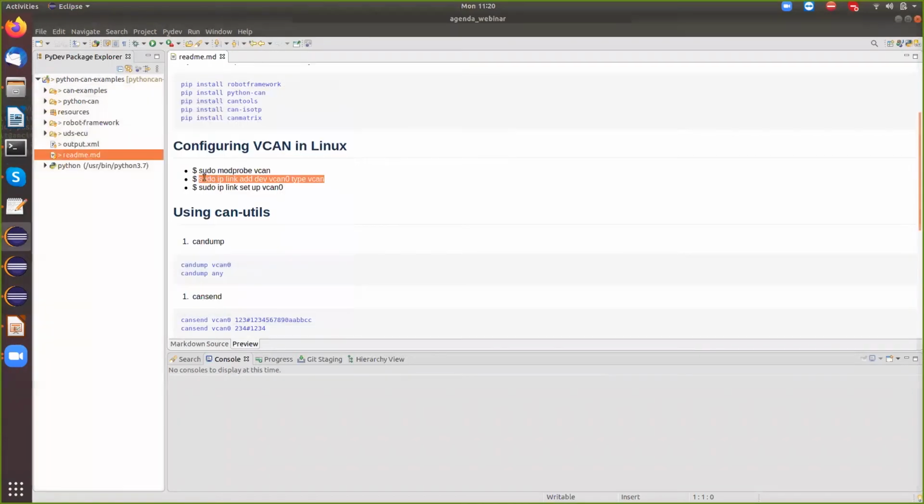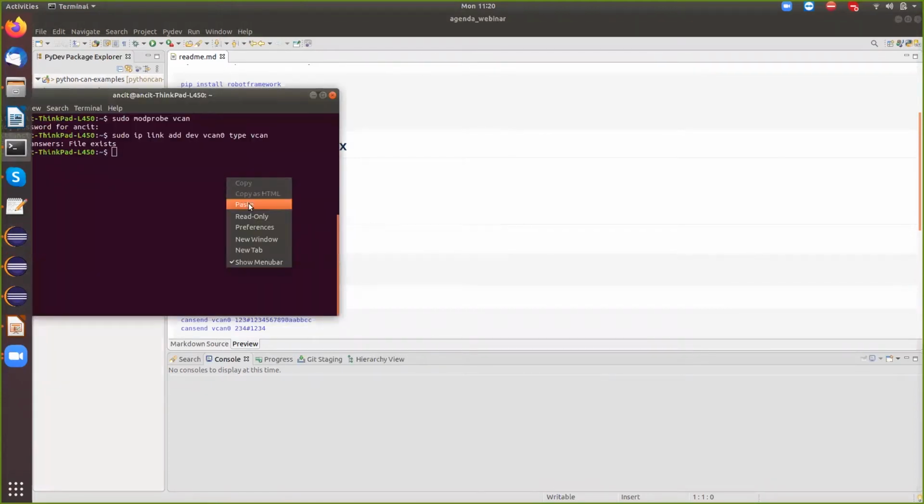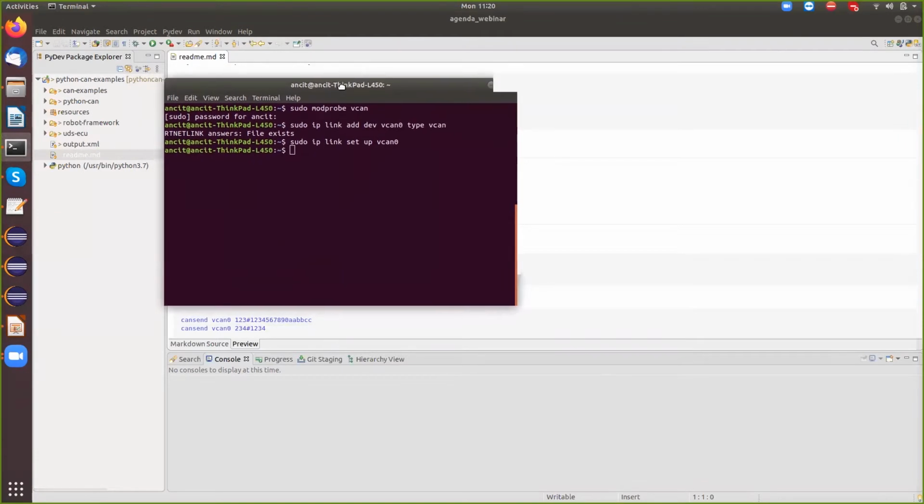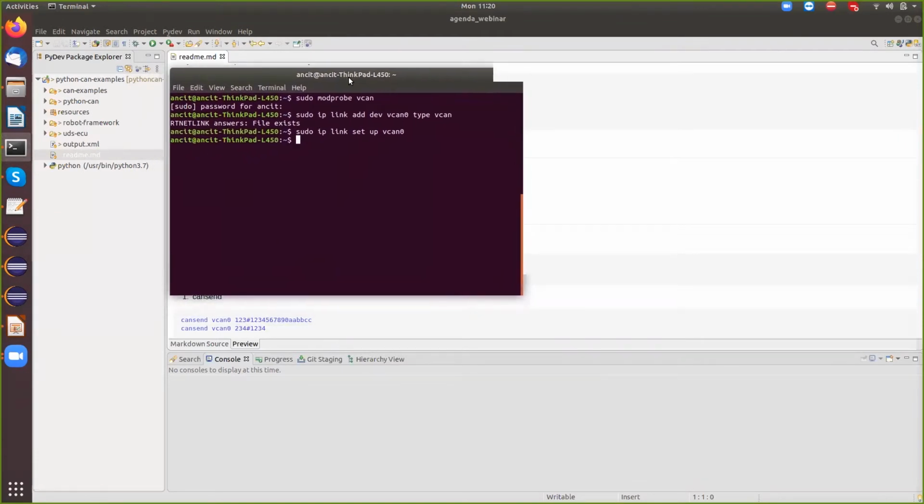I already have it set up, so it says it's done. And then I have to turn on the vcan. I'm turning on my vcan0. So now my virtual CAN is up in Linux. Once that is up, the next thing that anybody would want to do on CAN is